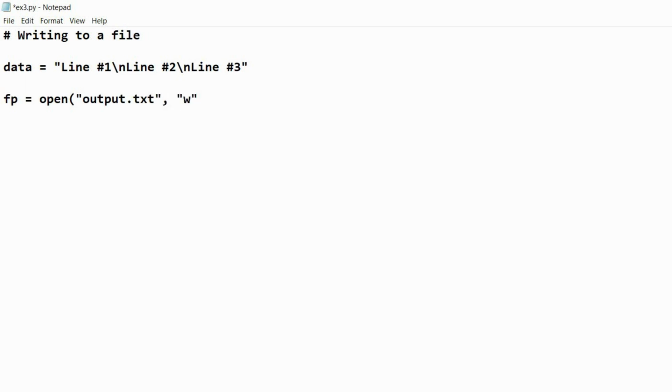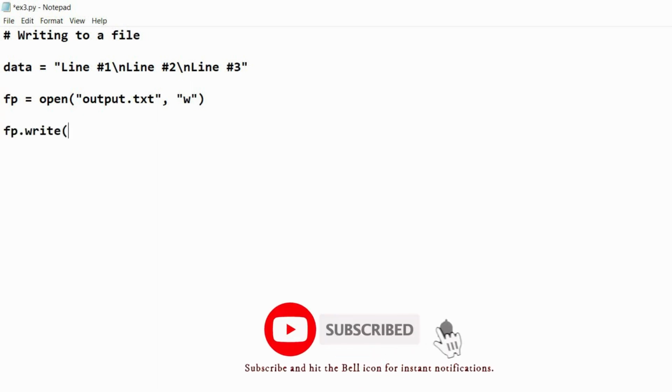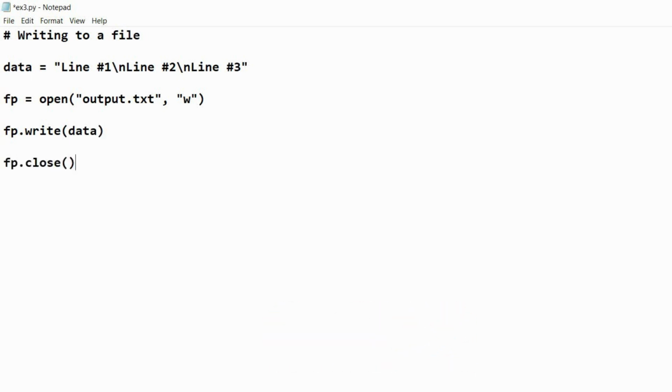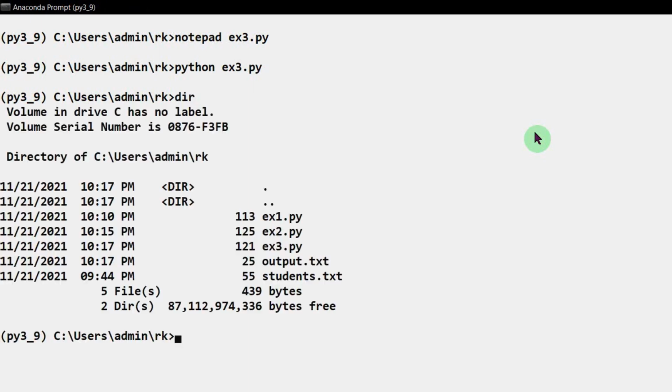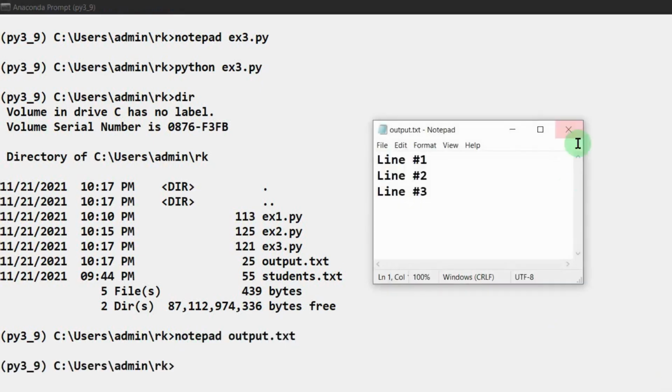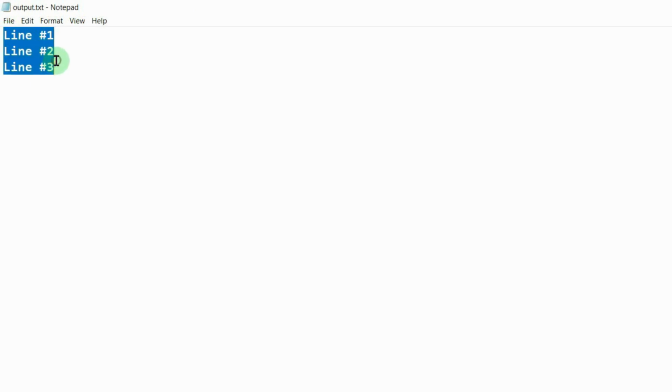Here the file object is fp, and I am writing the text available in the variable data into the output.txt file by using the write method. After that I am closing the file object by using the close method. After executing this ex3.py, we got a new file output.txt in our folder, containing 3 lines of text, line 1, line 2, line 3, as we mentioned in the variable data.